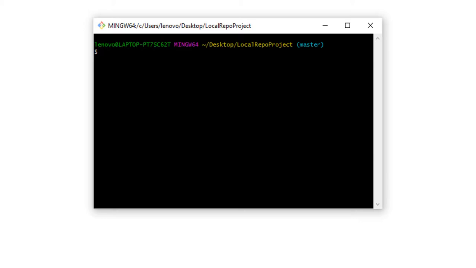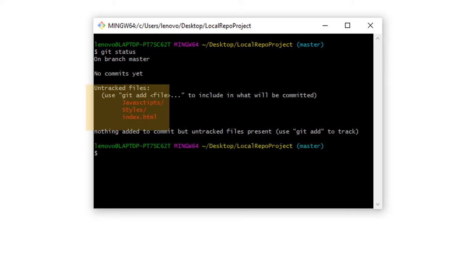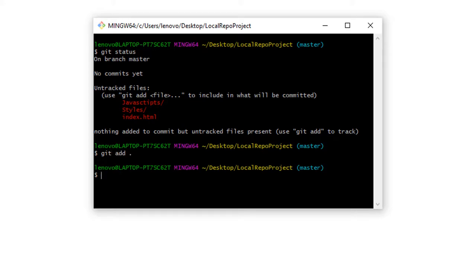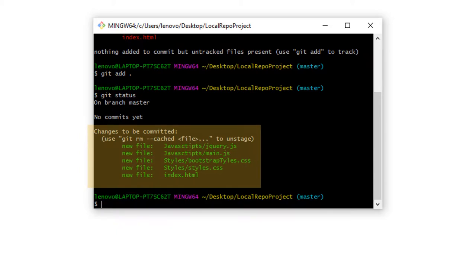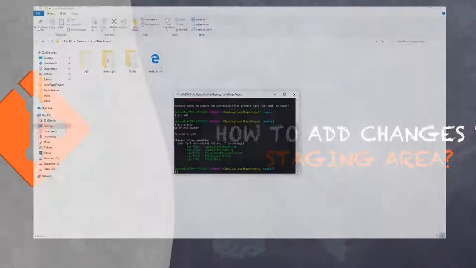For demo purposes, I have unstaged all the files that were in the staging area. We can even confirm that from the status of the repository. As you can see, all the files and folders appear in red and under the title untracked files. Now, to add all the changes at once, we use the command git add dot. Let us check if all the files have been added to the staging area. Here you can see that all the files are in green color and under the changes to be committed title. Hence, we know that all the files are added to the staging area.